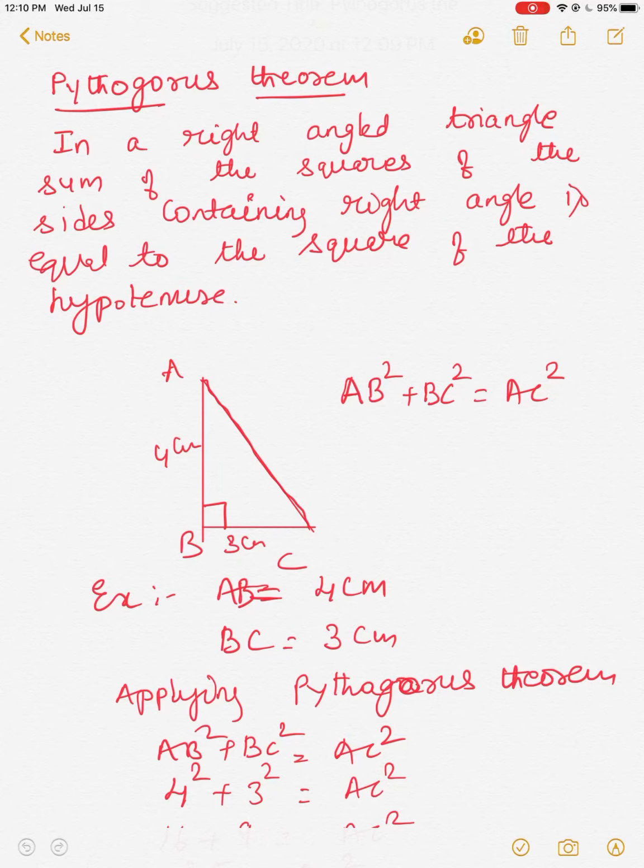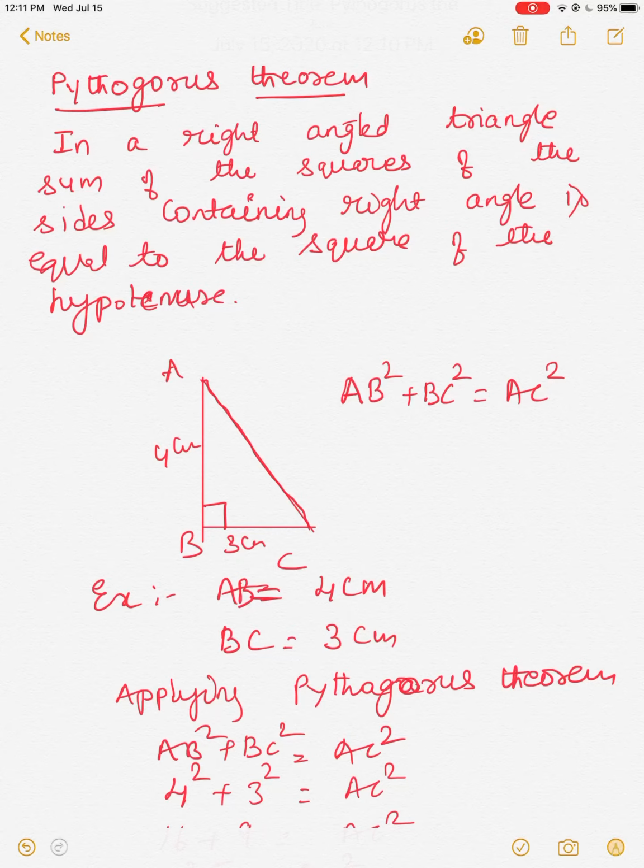I'm continuing with the same exercise 1.2. Before that, you should know what is Pythagoras theorem, because the third problem is based on the Pythagoras theorem. What is Pythagoras theorem? In a right angle triangle, the sum of the squares of the sides containing the right angle is equal to the square of the hypotenuse. Now what it means: